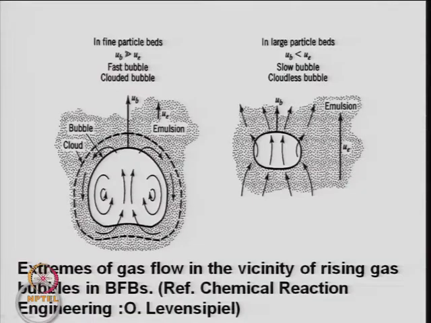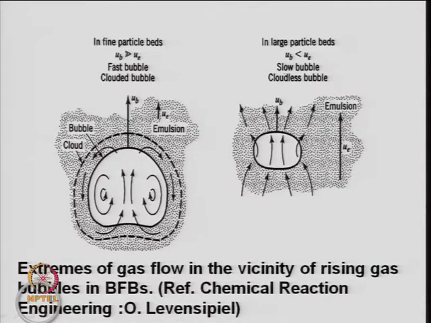This is the picture of a bubble. Here we have a bubble. The white one is showing a gas bubble which is surrounded by a solid. Basically this is a three phase model, but it is very easy to understand, and then one can convert it into a two phase model. You have a bubble here, you have a cloud. We call the film the thin film of solid surrounding the bubble, and here we will have more reaction because there is good contact between the gas